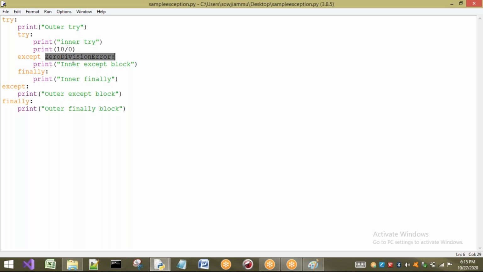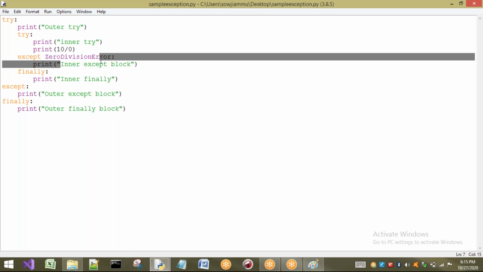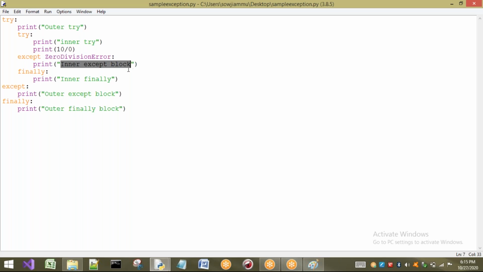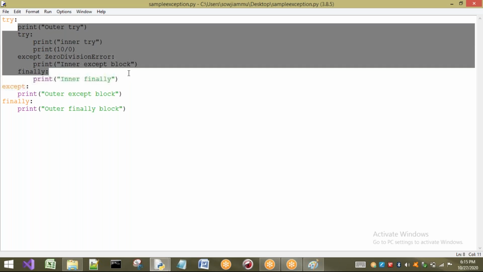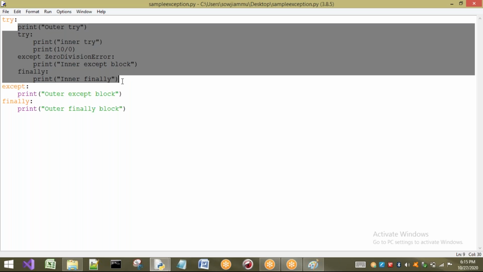So it will come here. Whatever handling technique I have written inside this block is going to be executed. That means the inner except block is executed. After that, in any case, finally is going to be executed, so the inner finally is executed. Now, will the outer except block be executed or not? No, because inside this try, is there any exception remaining?